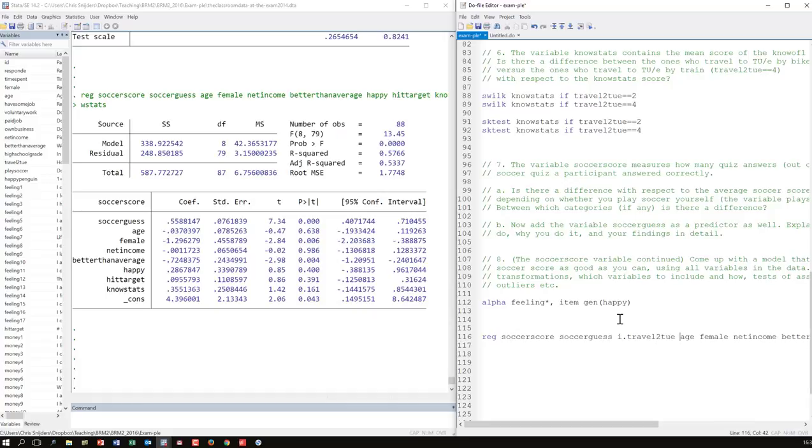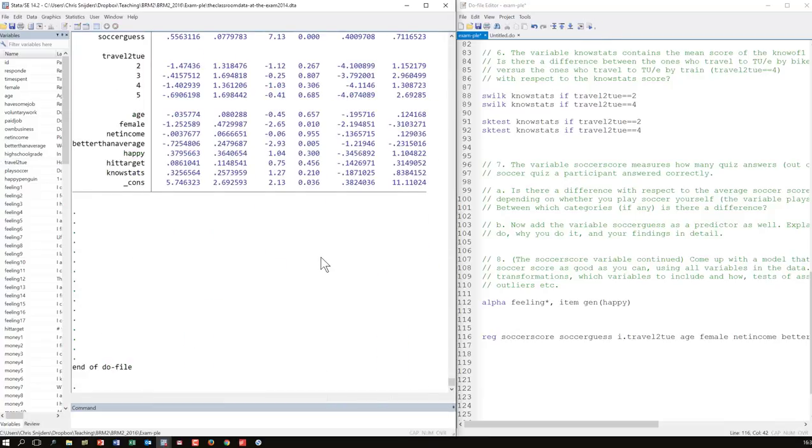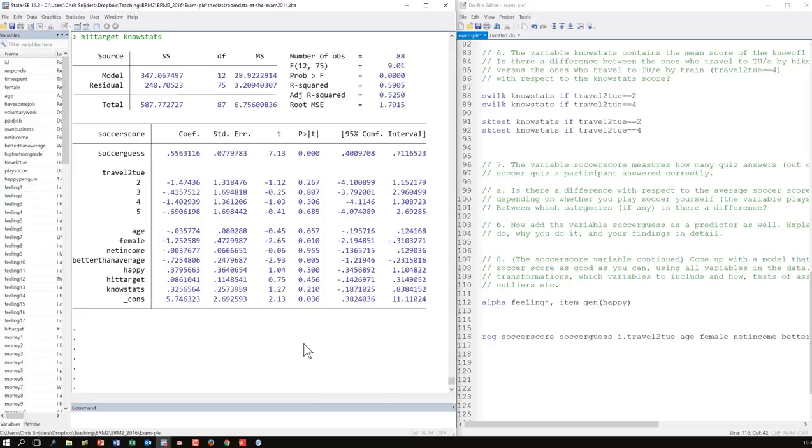Not sure if that really was a variable. Yeah, I think it was. So here you have it. Again, this doesn't help us much, so I'll leave it out in a minute, but just so you know that if you add a categorical variable here, you need to put that i. in front.